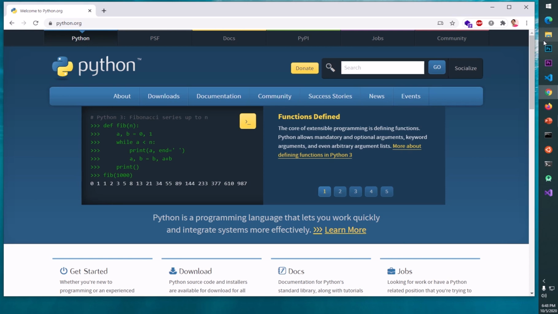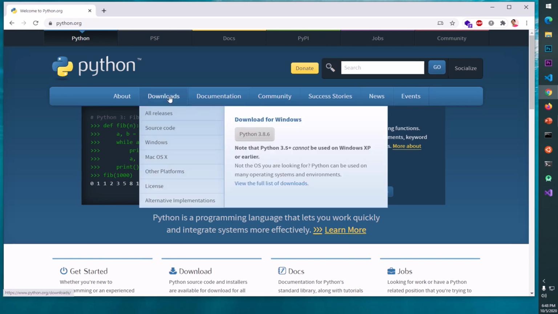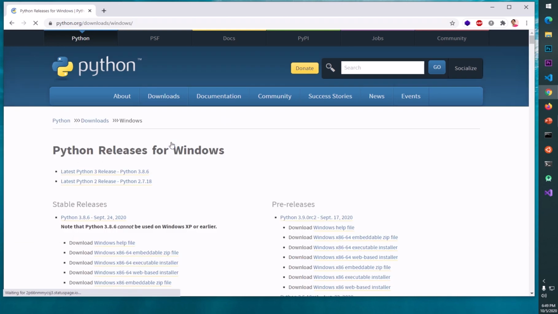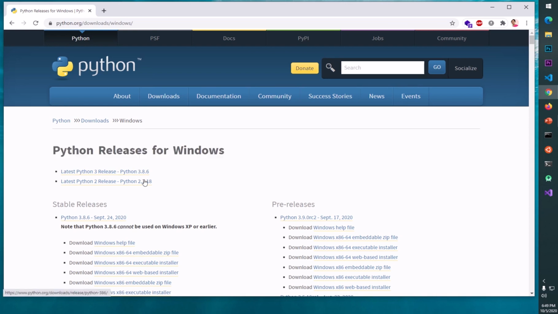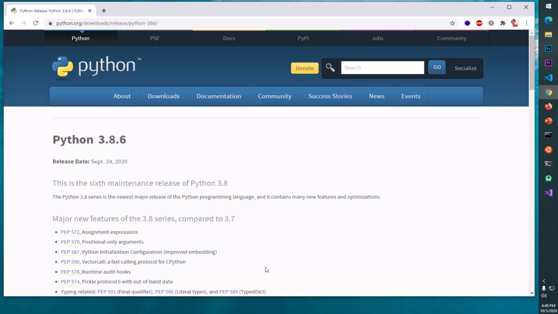Once you're up here, put your cursor on Downloads and then go to the Windows section. Click on Windows and you'll see it says Python releases for Windows. This is the latest release of Python 3, and this is the latest release for Python 2. In this case, 3.8.6 and 2.7.18. In this video, I'm going to download Python 3.8.6. Go ahead and click on this top link and this will take you to the download page of